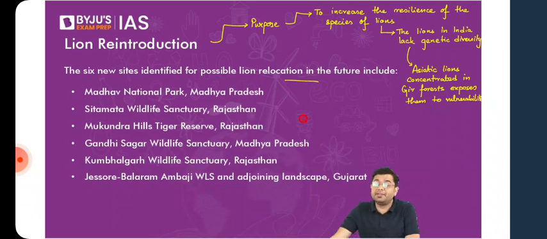So the regions where they can be relocated ideally have to be semi-arid. Earlier the Kuno National Park was chosen as one of those possible sites for relocation. But then once it was understood that even cheetahs were going to be reintroduced in that area, immediately that was a red flag. And this went up to the level of the court, where the court ruled against the Environment Ministry at that point of time. This is around a decade back, around 2012, 2013. At that point of time, India was very much planning to introduce Asiatic cheetahs from Iran into India around the region of Kuno. But simultaneously, the Environment Ministry in 2012 was also planning to reintroduce and relocate lions into Kuno.